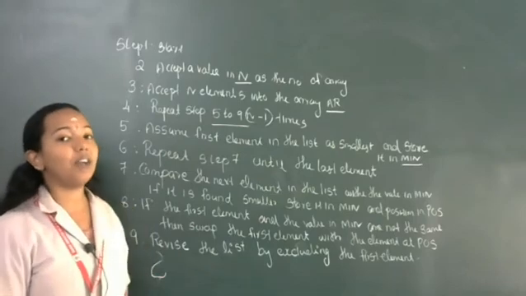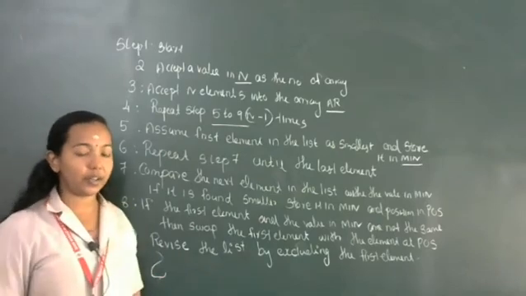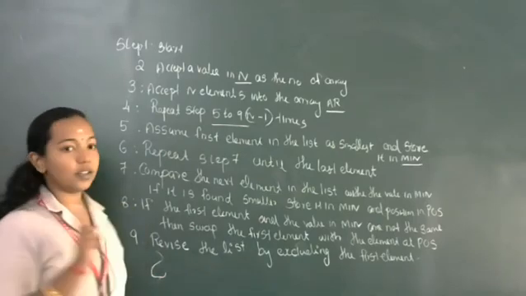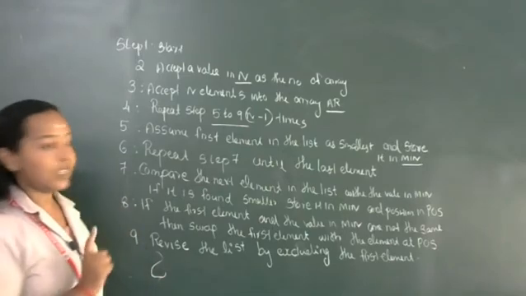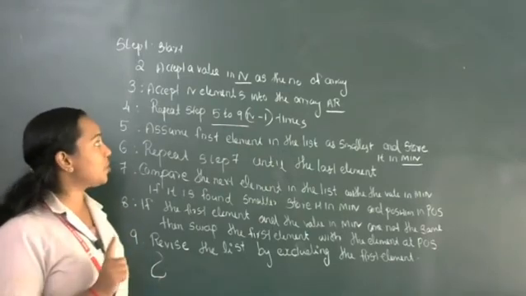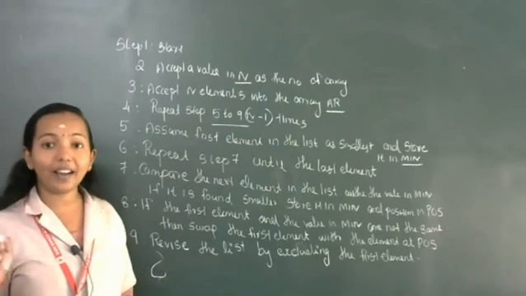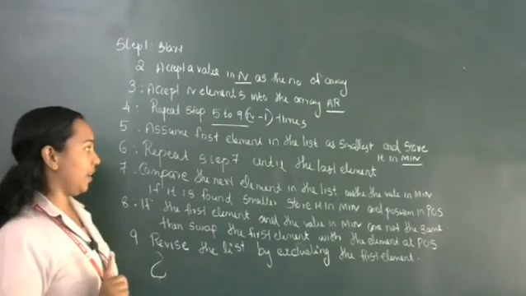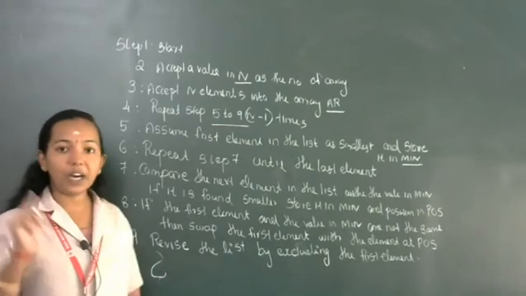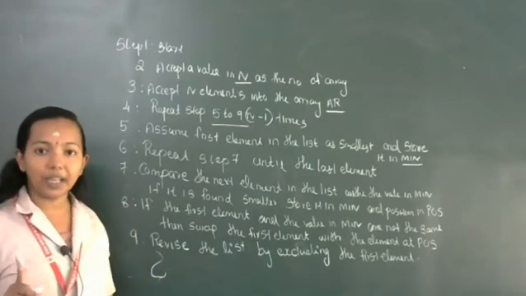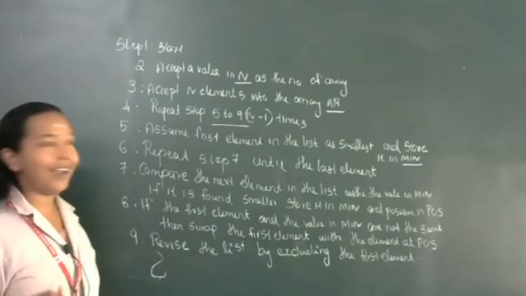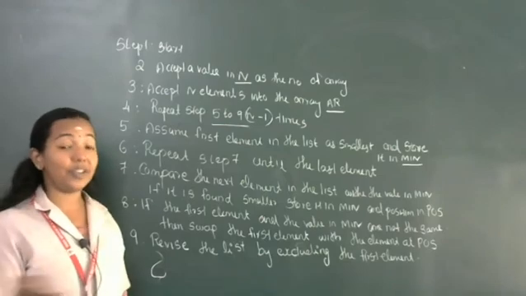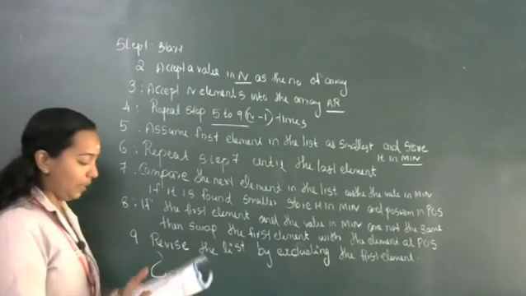Okay, so how many variables are we using in this algorithm? N to store the size. Second, we accept n elements into the array AR, where AR is the array name. Then after that, one more variable, what is it? Min. We are assuming min as the first element, as the minimal element.